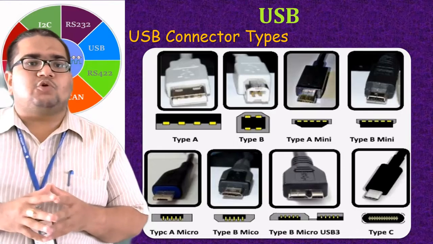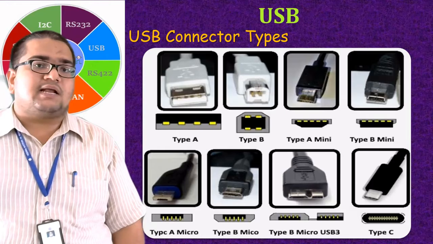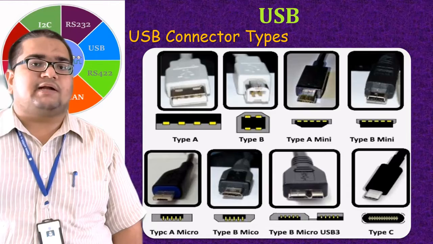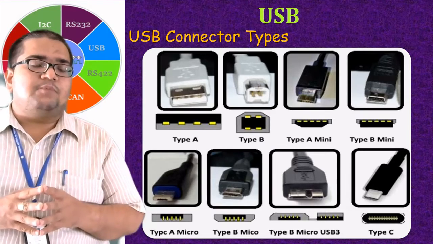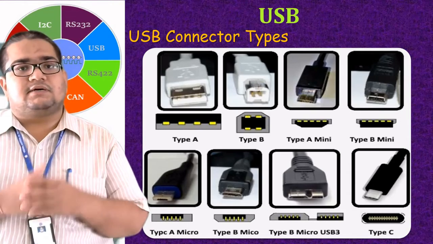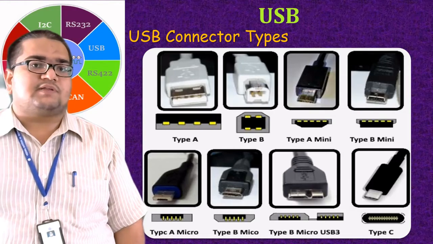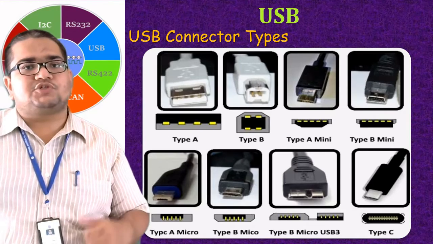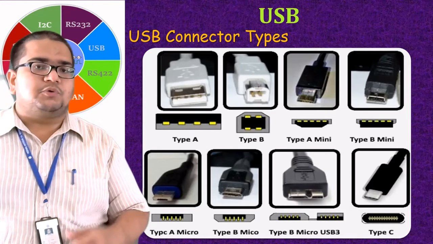In general, USB 2.0 and USB 1.0 Type A will have this color coded as white. In this Type A, you can check it out, it is coded as a white line. In USB 3.0, the connector will have a blue color code here. In this blue color, you can check it out for that connector. Black is also available. White and black are generally used for USB 1.0 and 2.0 Type A, and USB 3.0 uses the color blue.